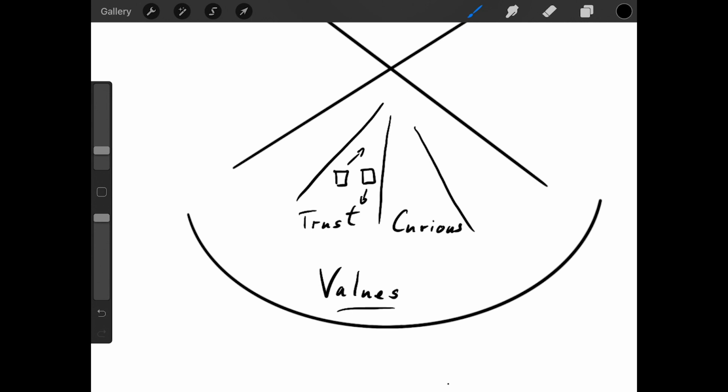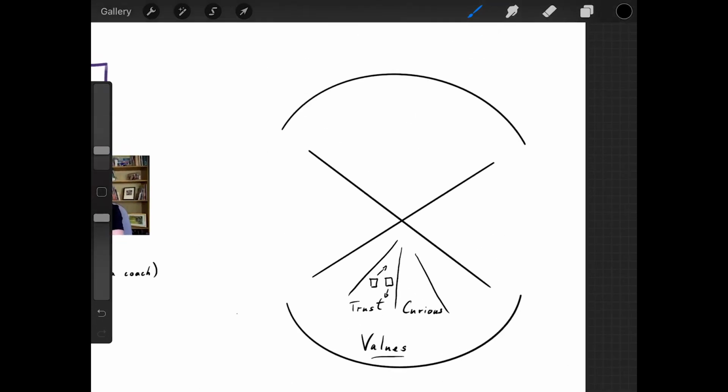So it will allow you to see where my values fit in with the team and the organisation that I'm part of. Am I able to live up to them here? Is it my interpretation of the team's values that is out of whack, or is there a complete mismatch and imbalance between these? So after we've thought about the values, we're going to go up to the top here